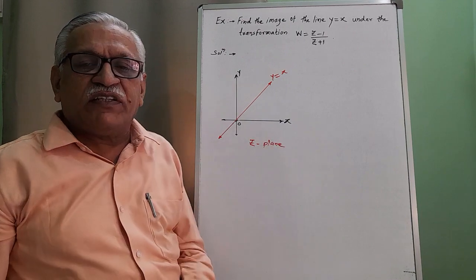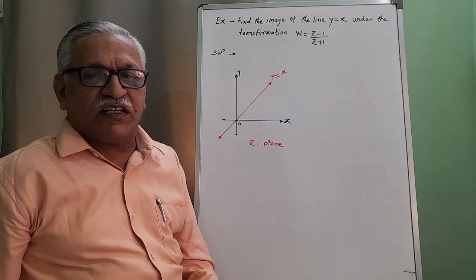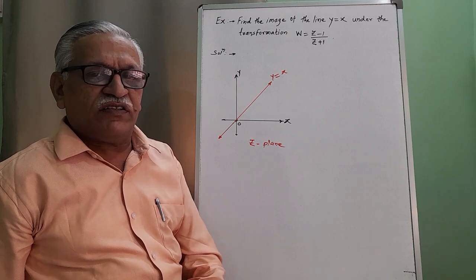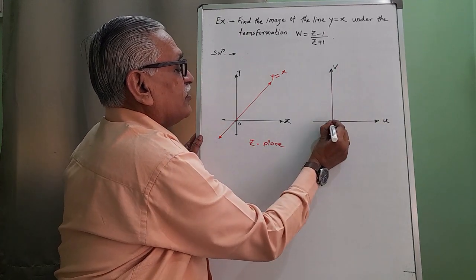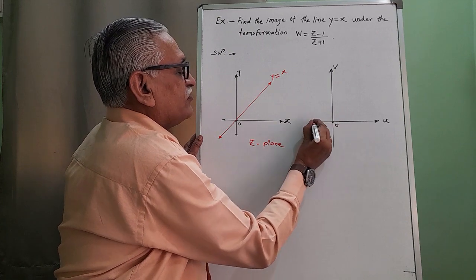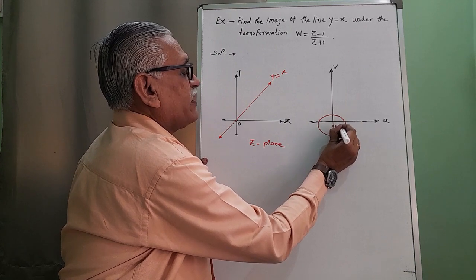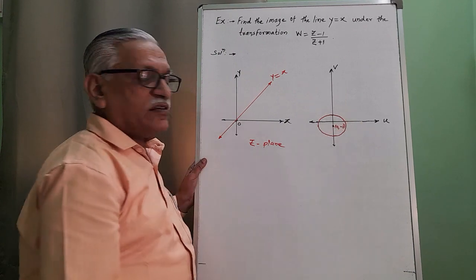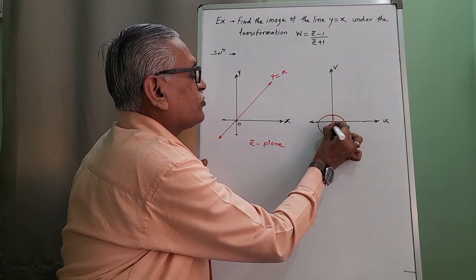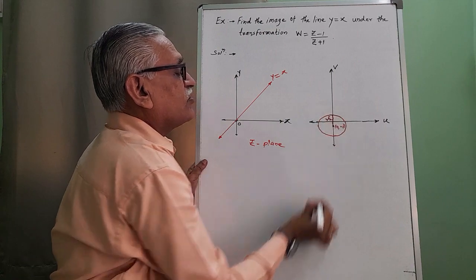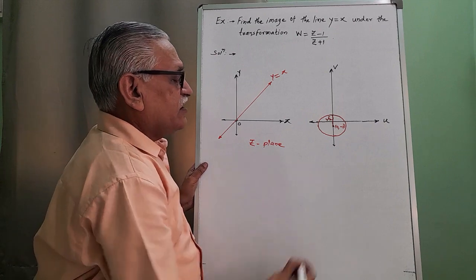Then we have to draw its image in the w plane, which is nothing but a circle, the general equation of a circle, center at 0, minus 1 and radius root 2. U axis, V axis, origin. This point is 0, minus 1 as the center. This much distance is root 2. Therefore, with this center and this radius, we get a circle in the w plane